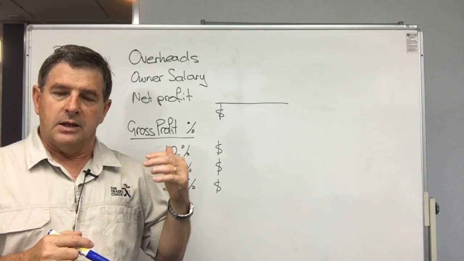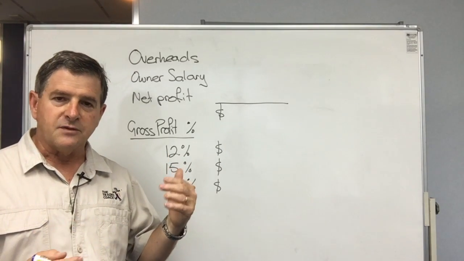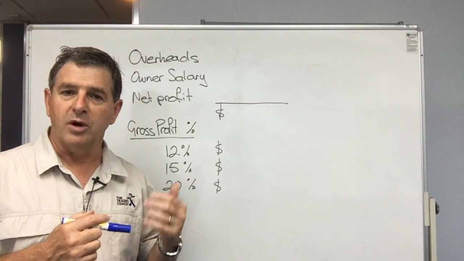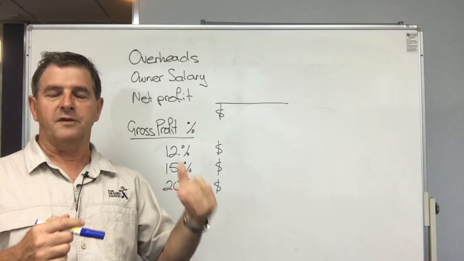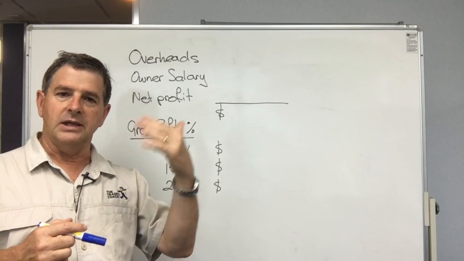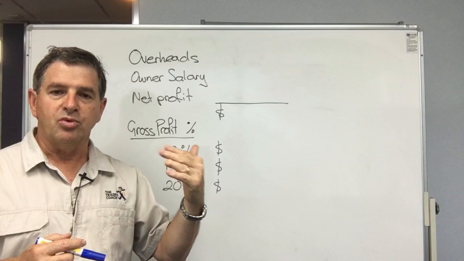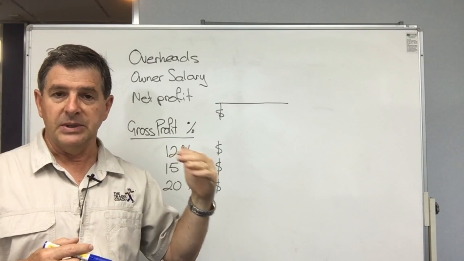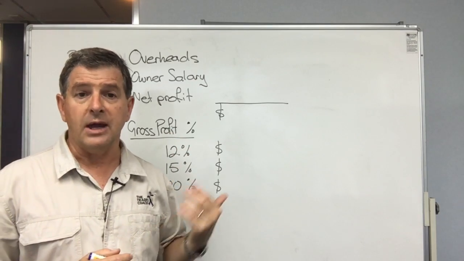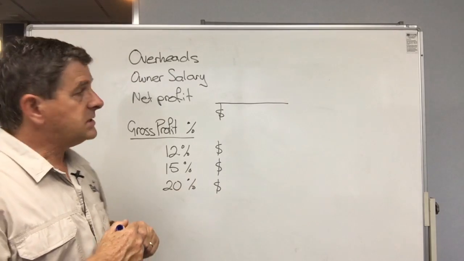What we do here is build things from the bottom up, in profit and loss statement terms. So we start at the bottom, at the net profit of the business, adding on the overheads, adding on an owner's salary, to calculate what that gross profit dollar figure needs to be in their business. So I'll show you how to do that. So in our little business here,